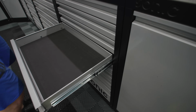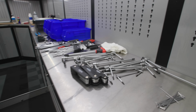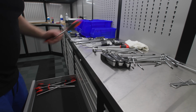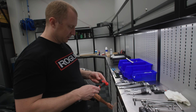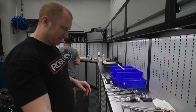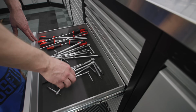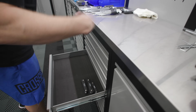Then this is where we'll do our Allens. I do like these. So I think the way to go is to put all this in here. All this stuff goes in here. This is a 12 millimeter. These will go in here. Like that. Then below this is where we'll do this,